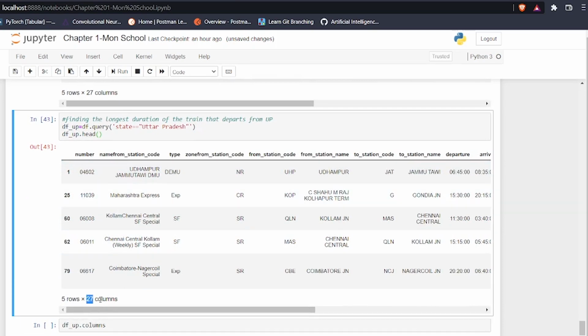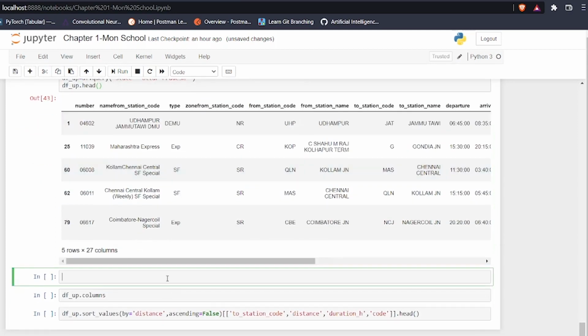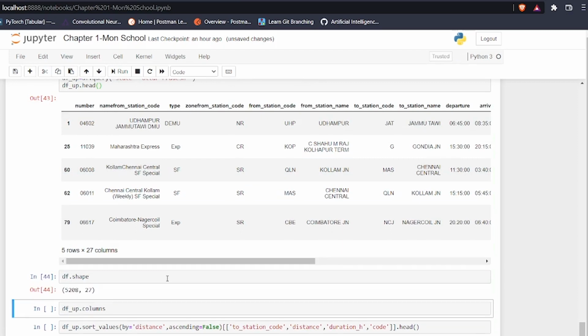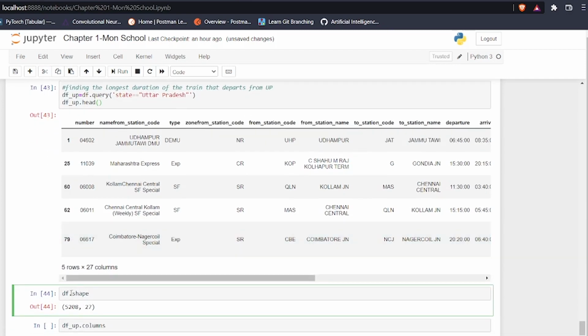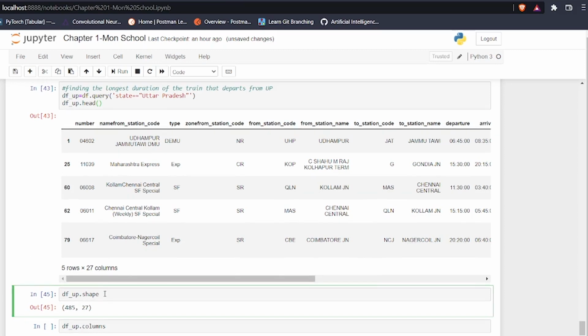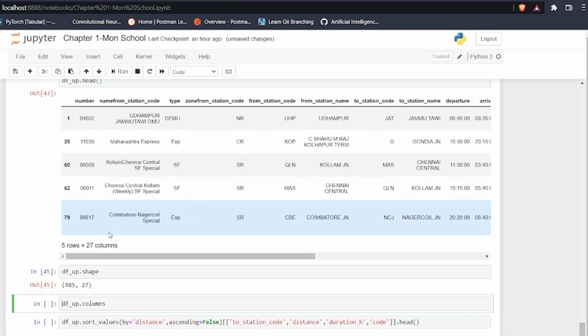So again, I have 27 columns, and if I want to see the total number of trains that I have for that, I'll just use df.shape again. It will show me the total number of trains that I have for that. Yeah, I was shocked. It shows that we have 485 rows, 485 different trains that depart from UP, right? And since again there are 27 columns,